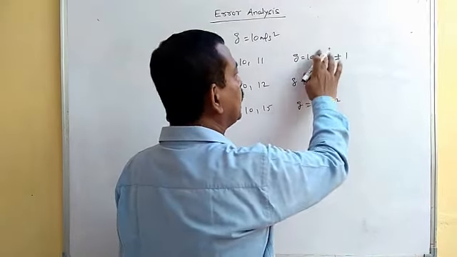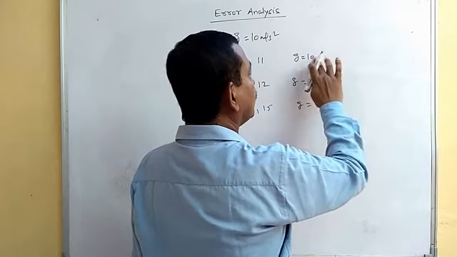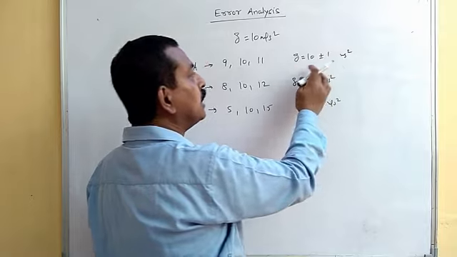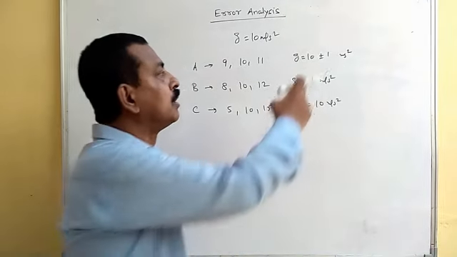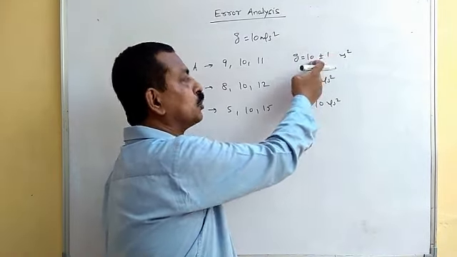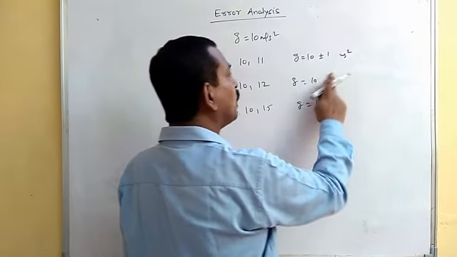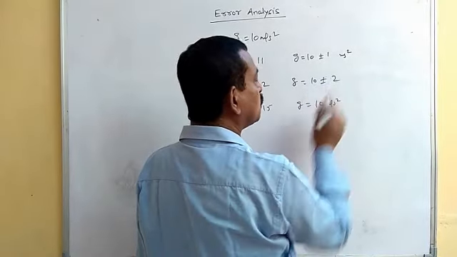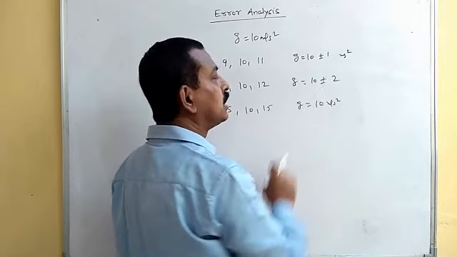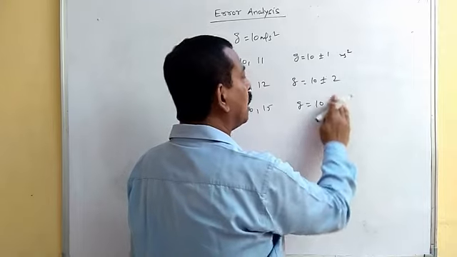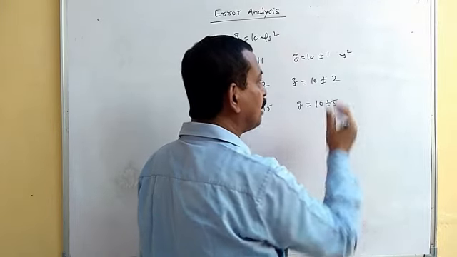That means this is your 10 plus minus 1, 10 plus minus 1 meter per second square. That means it is now 10 plus 1, that is 11, to 9. That means the variation is from 9 to 11. Similarly, the second one, how will they write his observations? It is basically 10 plus minus 2. And the third one will write 10 plus minus 5.